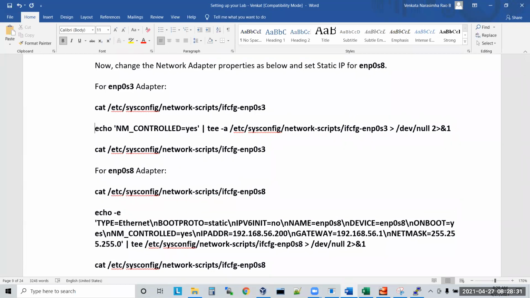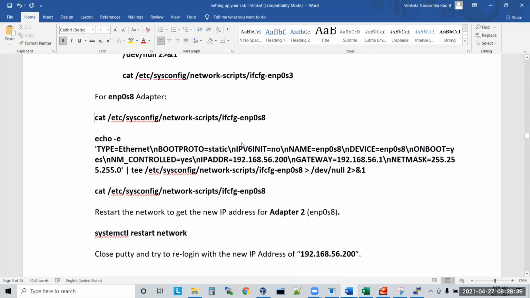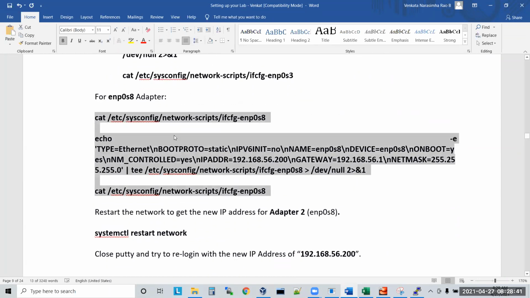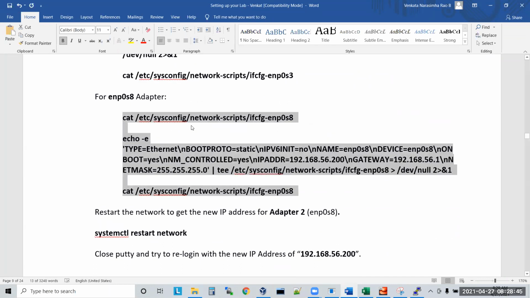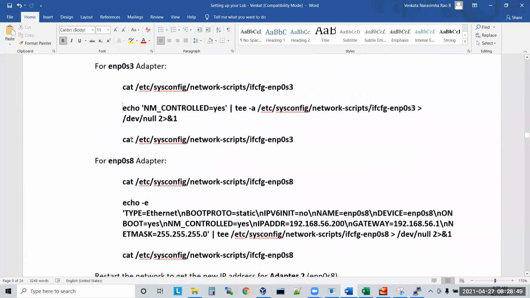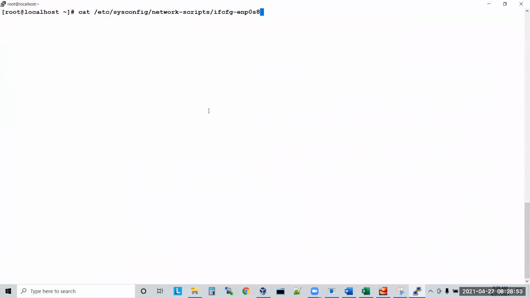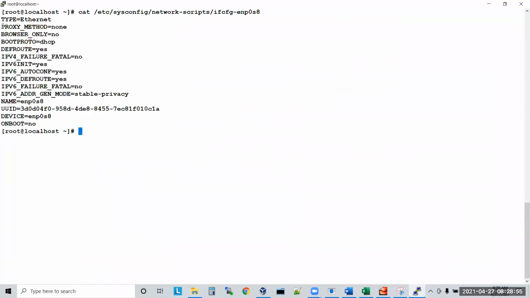We have already done the first step, so this is already done for enp0s8. Again, type the enp0s8 content. See, this is the content of enp0s8.